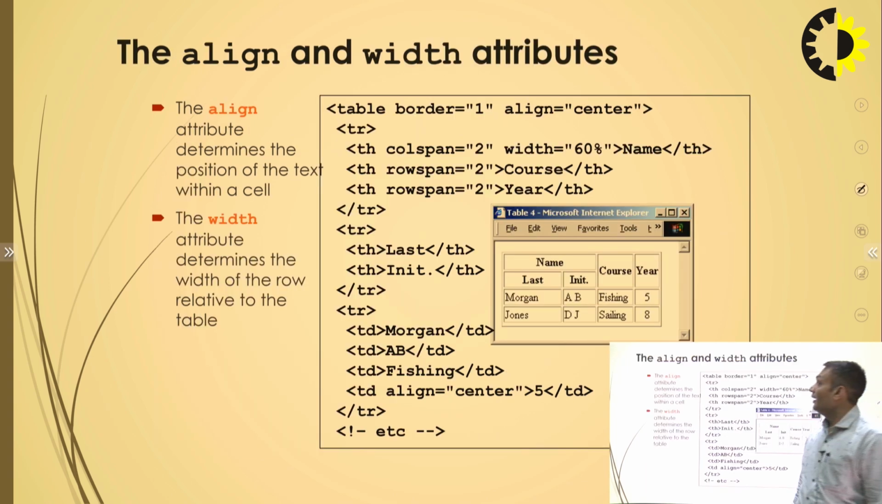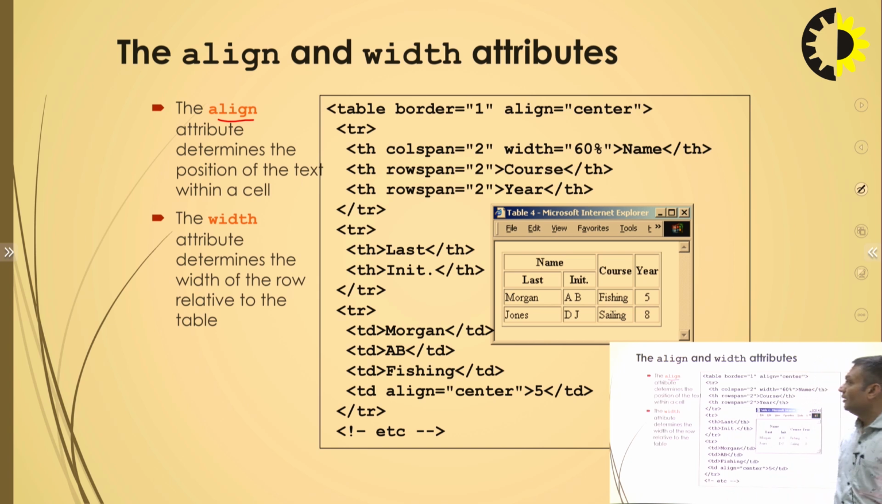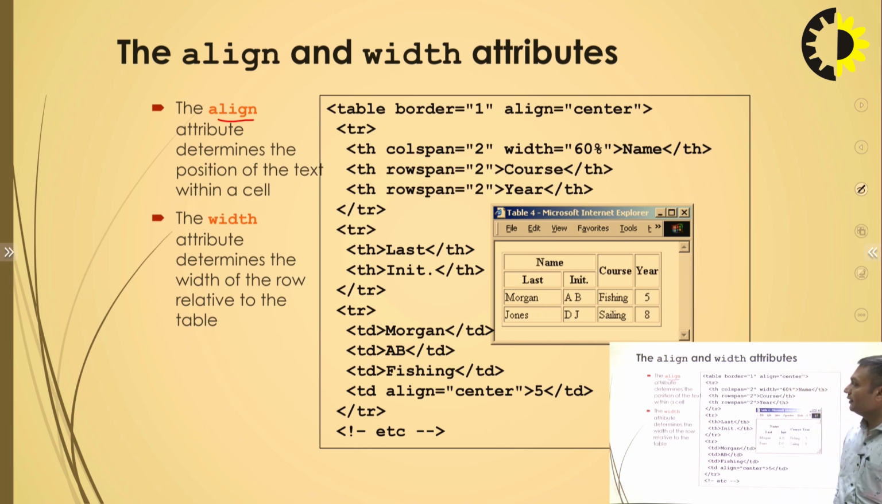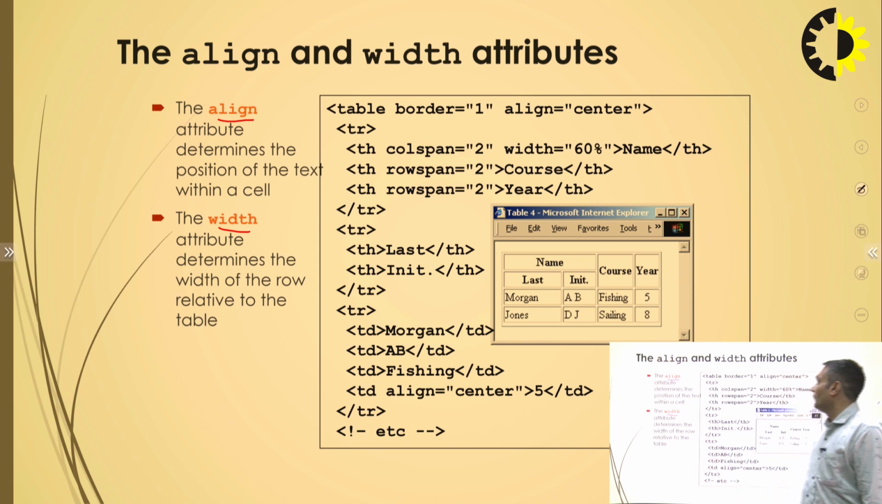Now align and width attributes of a table. You can align the text of a cell with the attribute align, and you can set the width of a cell with the help of the width attribute of a table. So align can be placed with the table tag, and width attribute can be placed with the help of th